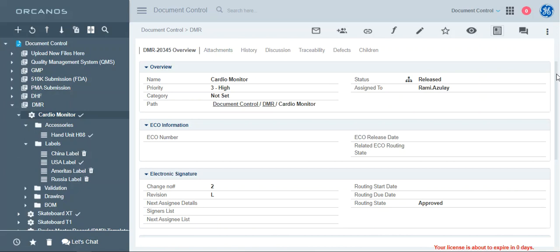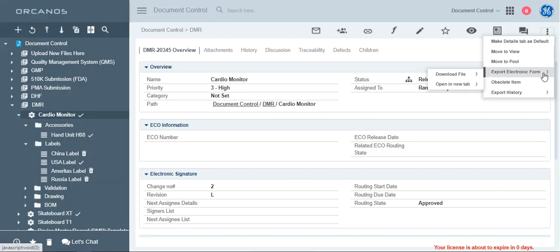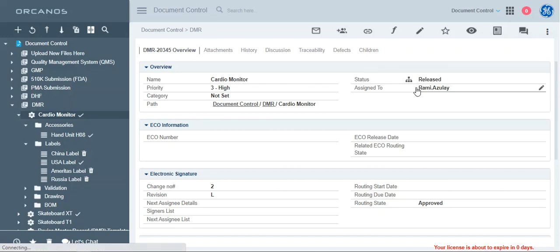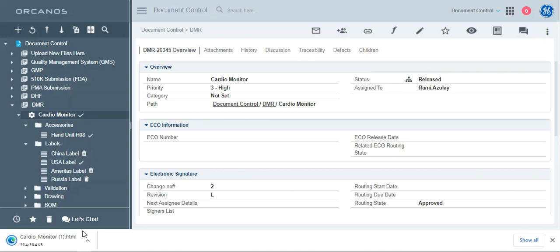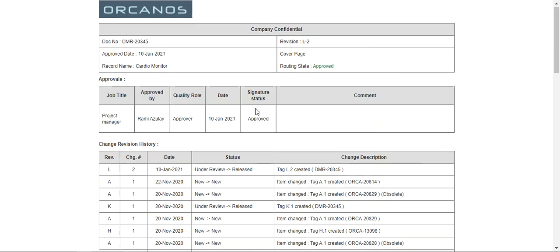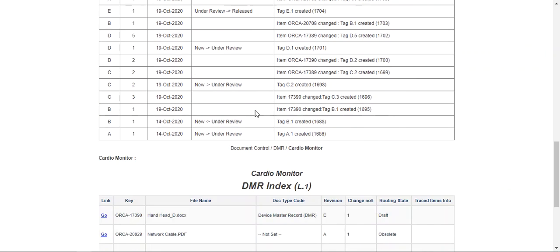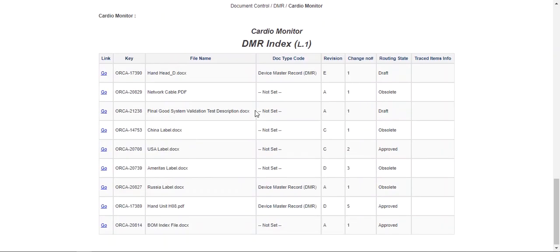To access the cover letter, user need to navigate to More Action in the right corner of the page. Select the record and then navigate to Export Electronic Form, Download File, Last Upload. The result display all the transitions in this manner.